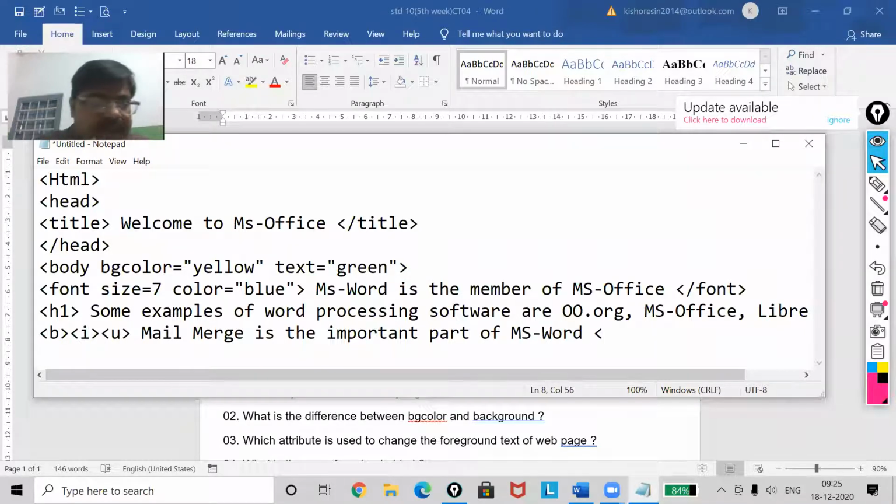Now you see, my dear, I have started with bold, so it should be at the last. Second one, italics, then it will be second last. Underline is the third one, that will be my third last. That means /u, /i, and then /b.